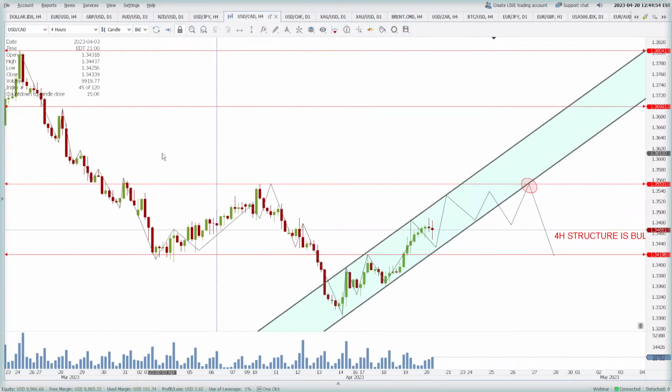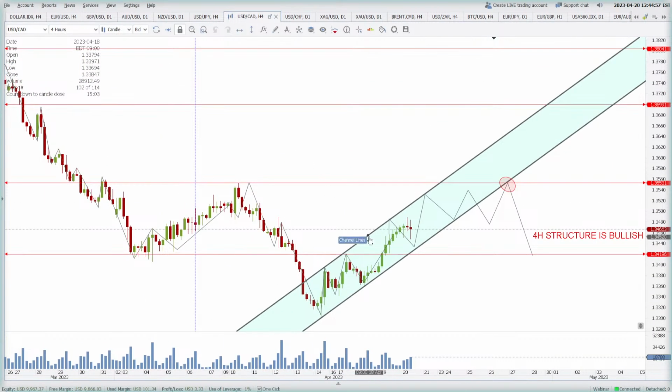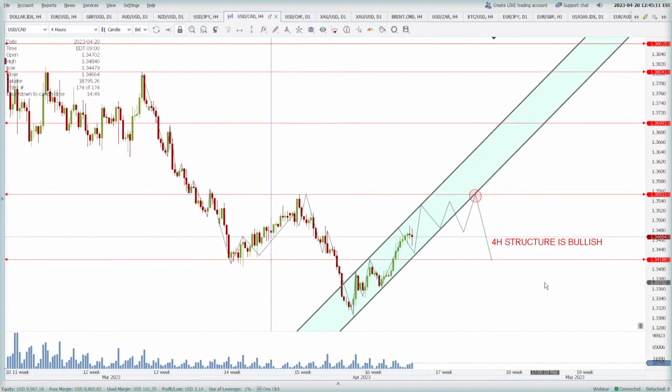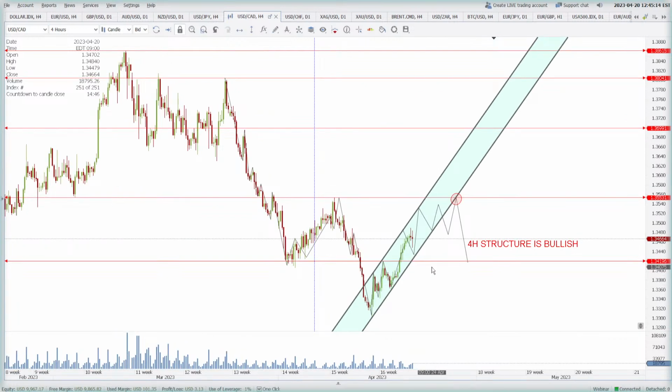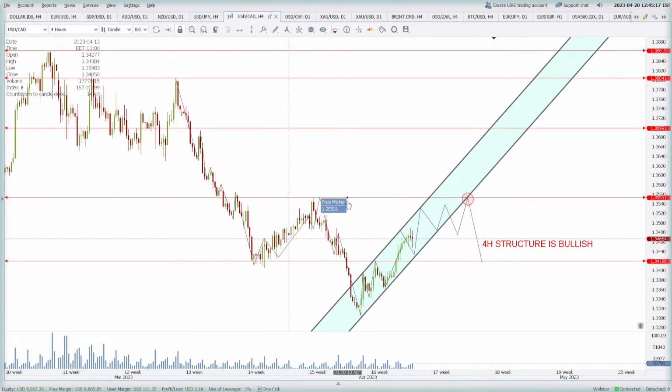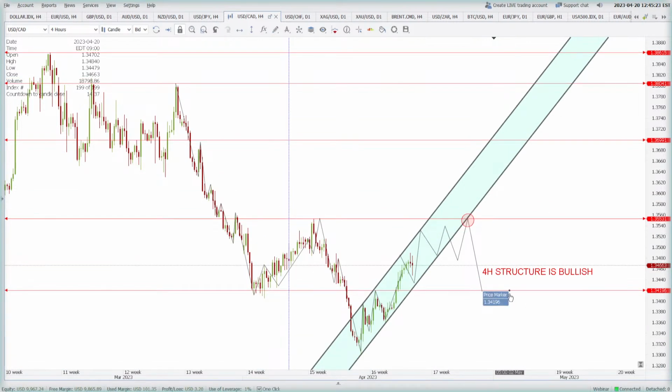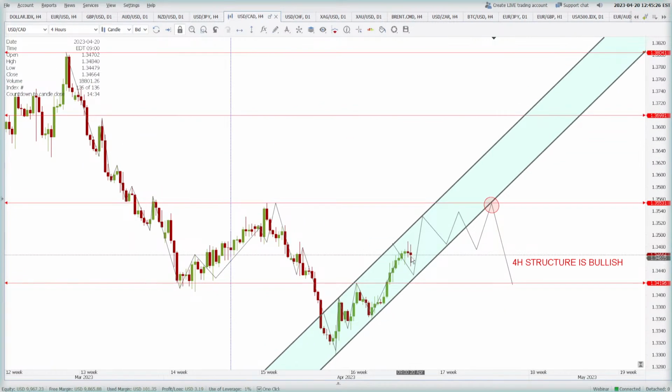USD CAD. Well, did we define that something like this is going to happen? So yes, the price can continue towards the 1.3553 area, where I am expecting the bearish price action to continue. The 4-hour structure right now is bullish, but the daily structure is bearish below 1.3553. So anytime the price reaches this area, you should expect some sell off from there to the 1.3419 levels. All right, so the price may continue like this for some time. So 1.3553 is the resistance, the key inflection on the higher side, and 1.3419 is the key inflection on the lower side.